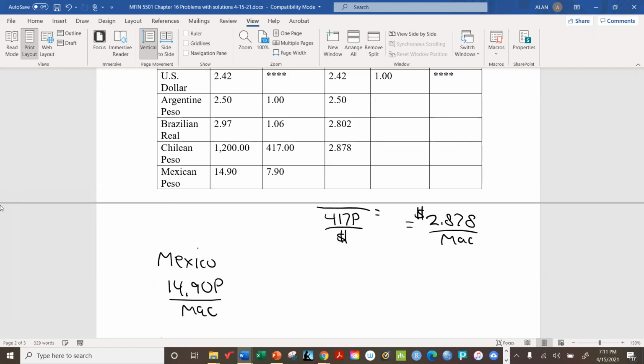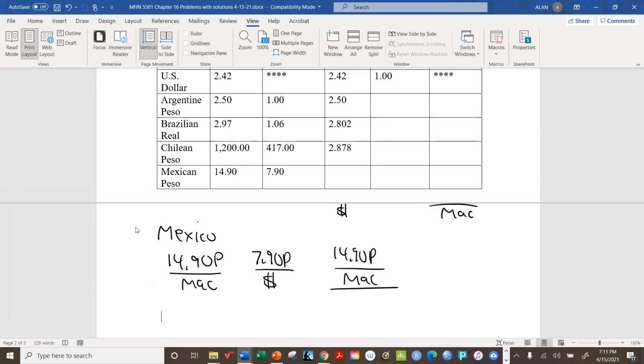Okay. We also know that it costs 7.90 pesos to buy a dollar. So therefore, 14.90 pesos per Mac is divided by 7.90 pesos per dollar. So once again, algebraically, this is the equivalent of multiplying this by $1 per 7.90 pesos. The pesos drop out, and that ratio turns out to be